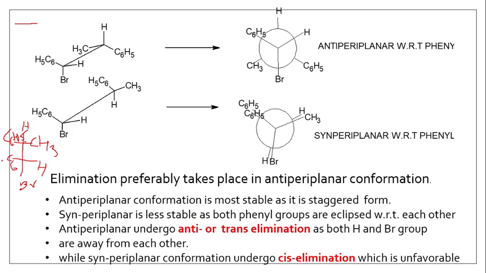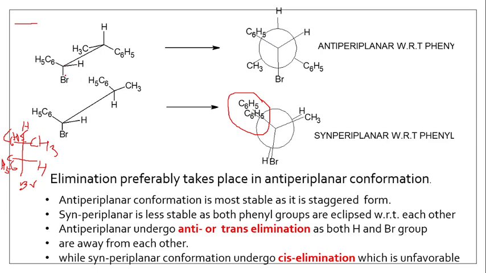In this case you will see that the two phenyl groups are towards the same side, so it is called erythro. Hydrogen and bromine atoms are there. So this is not the proper staggered conformation, it is the eclipsed conformation, because the two phenyl groups are towards the same side. That's why it is not a proper conformation for the reaction, because there will be steric crowding and it will be unstable. The groups will repel each other due to overlap of van der Waals radii.